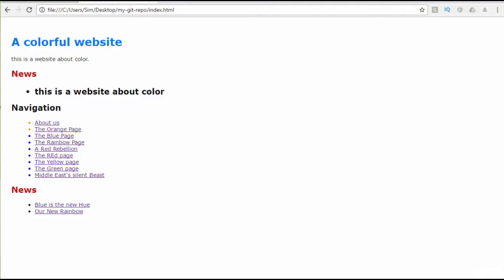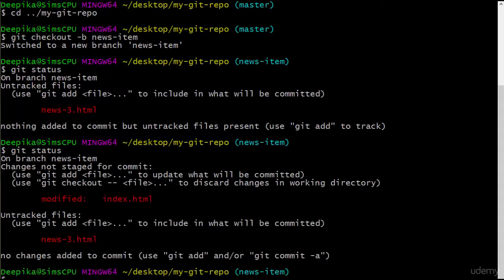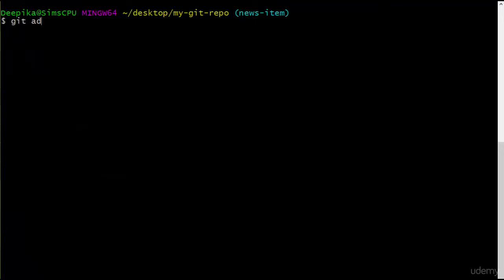Now we're going to go ahead and add the changes. So let's look at the status of the repository. It tells you there is a file that has been modified, and it tells you that there is a file that has been added new. So now we're going to go ahead and stage and commit the snapshot. So first thing is we're going to go ahead and add the